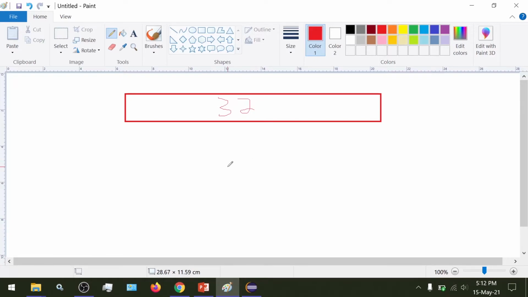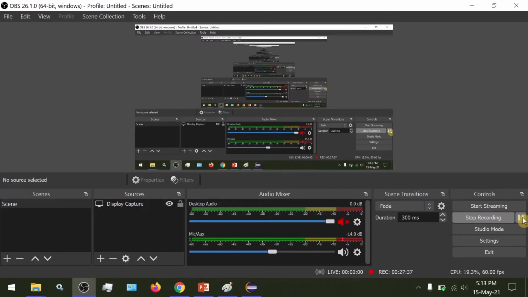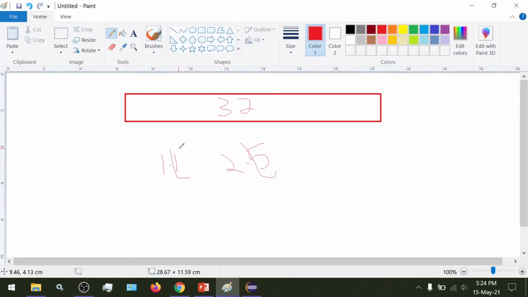Let's say we want to represent the number 1.1, or the number 2.5. These numbers have only one digit after the decimal point. These are called single precision numbers.